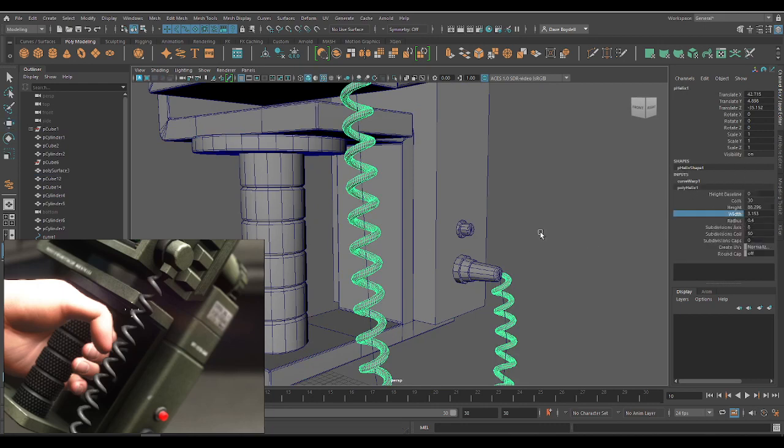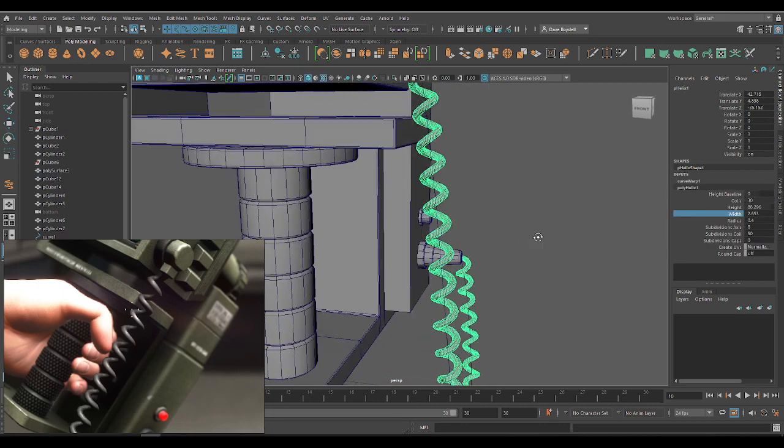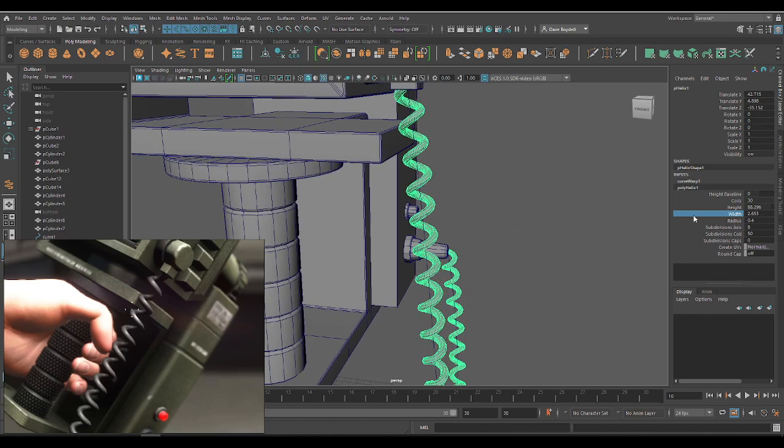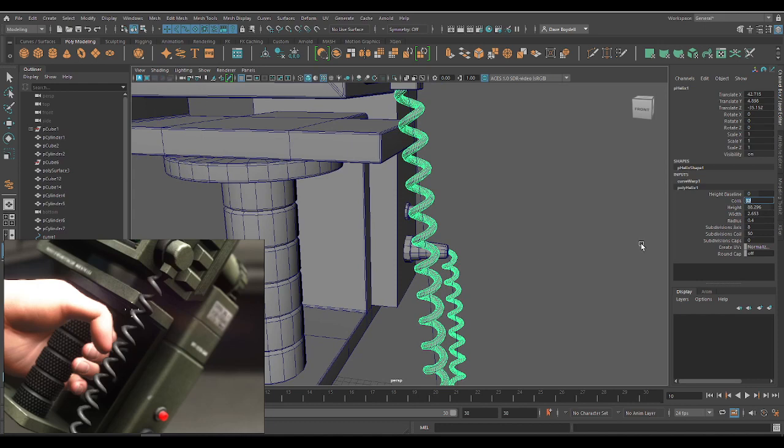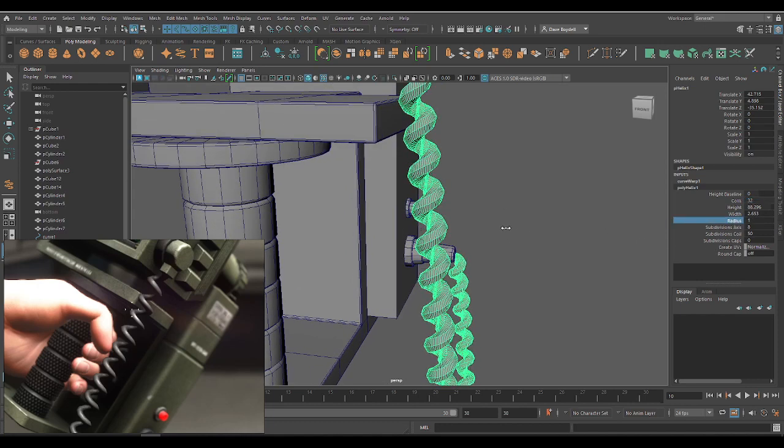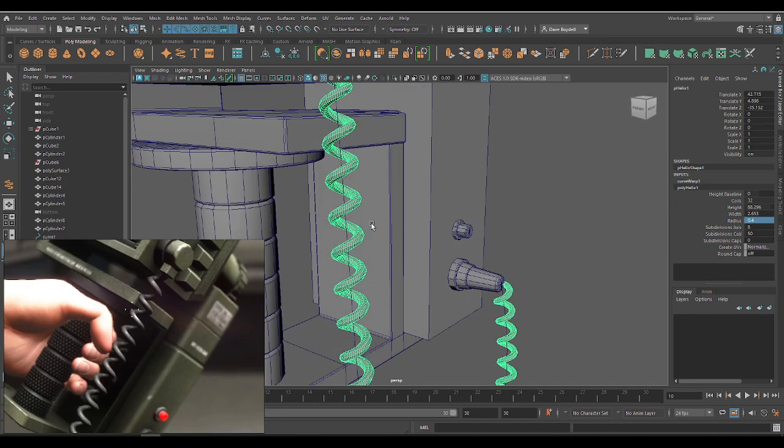30 is all right. My width is looking decent. Maybe I can add, I got a bit more coils. My radius is at 0.4. What might that look like? Yeah, 0.4 for me is quite nice. My subdivision axis being 8